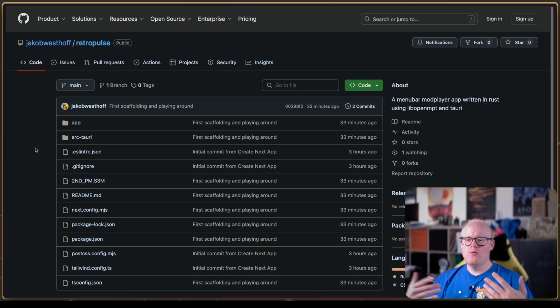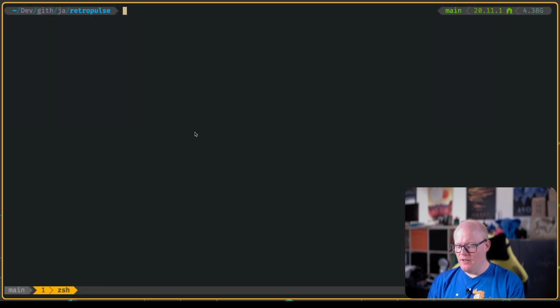Jacob. Today we want to further develop our RetroPulse mod tracker player. The last time we built this thing, or we scaffolded it with the help of Tauri. Wait a second, where is it? Source, Tauri,